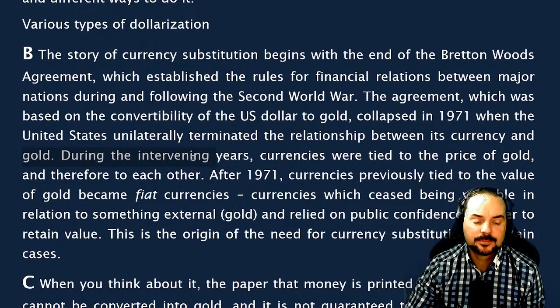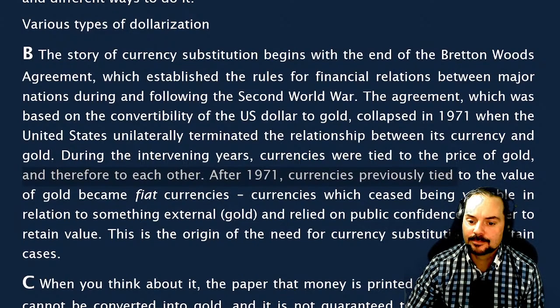During the intervening years, currencies were tied to the price of gold and therefore to each other. After 1971, currencies previously tied to the value of gold became fiat currencies, currencies which ceased being